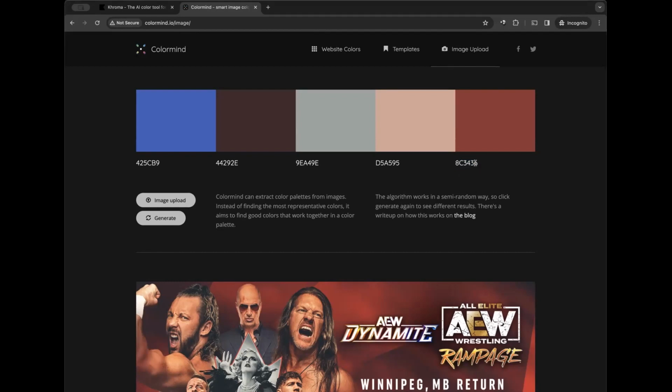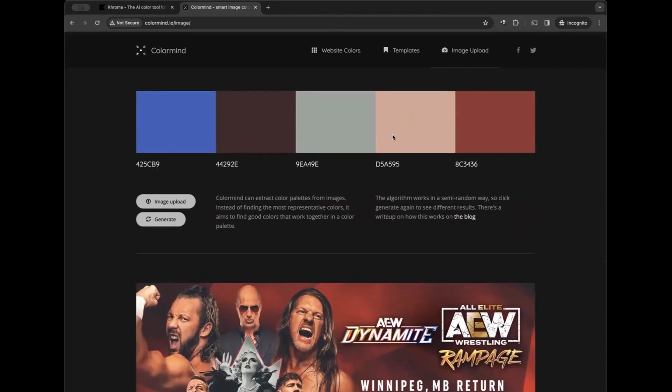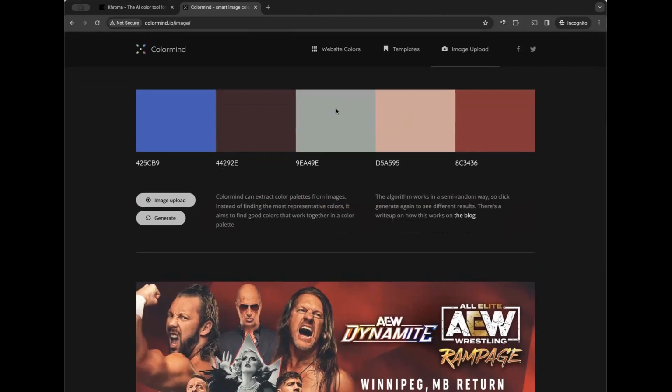So in case you see all these numbers, most times you will see a hash next to it. Don't worry too much about this. When we get into Figma, I will explain further how these colors match. If you are good with this color, you can say, okay, yes, I like these colors. These are the colors that I want to use. Save them somewhere. For the purpose of this, I'm not going to use this, so I'm just going to leave it right there.